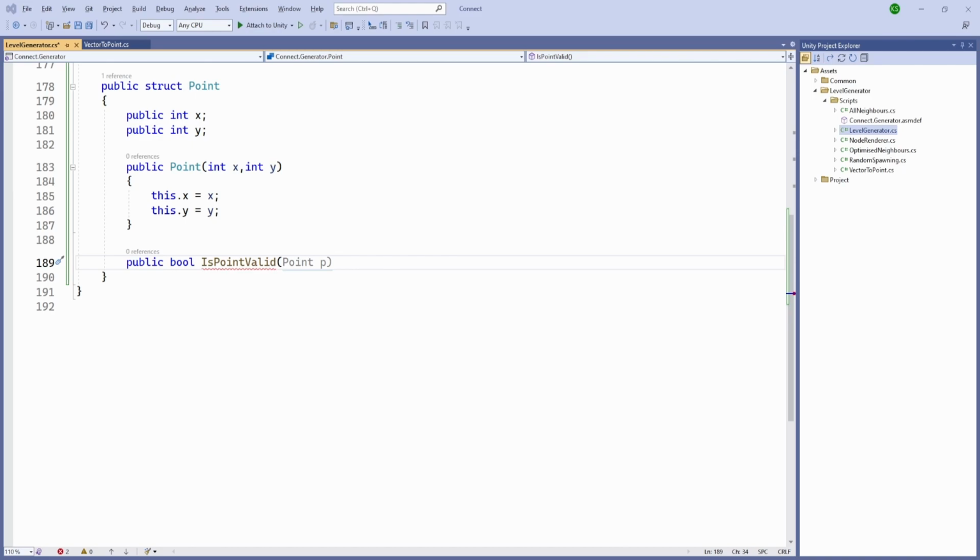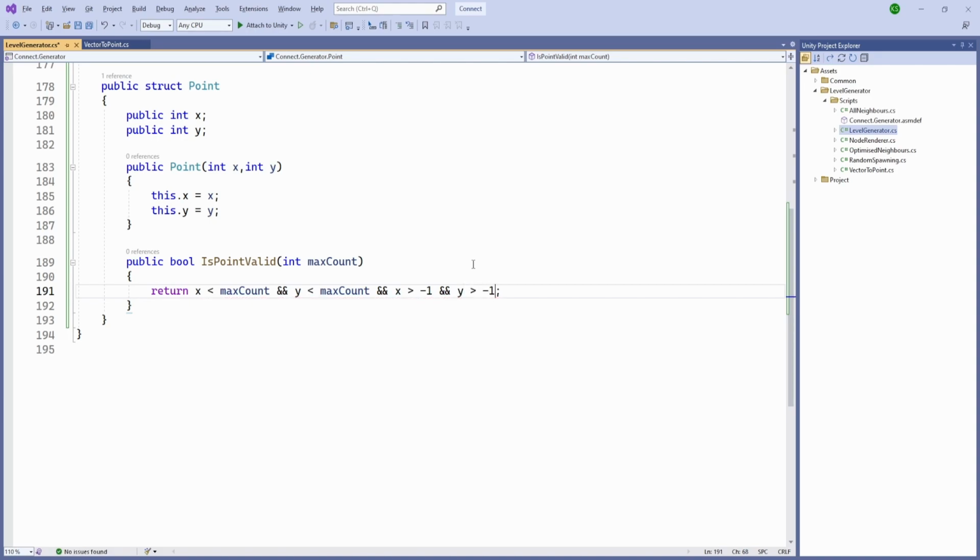It needs to be inside the level size, so let's pass an int max count, and we need to check if x is less than max count and y is less than max count, and x is greater than -1 and y is greater than -1. So if all of them are valid, then it is a valid point. And we are going to create a public static